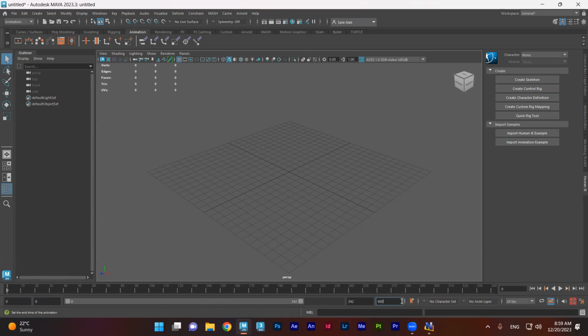But here we can specify the whole duration. For example, here if I put 100, you can see I can make this animation start from minus 100. Usually we leave it at 0, and here we increase as much as we need. Here we have the